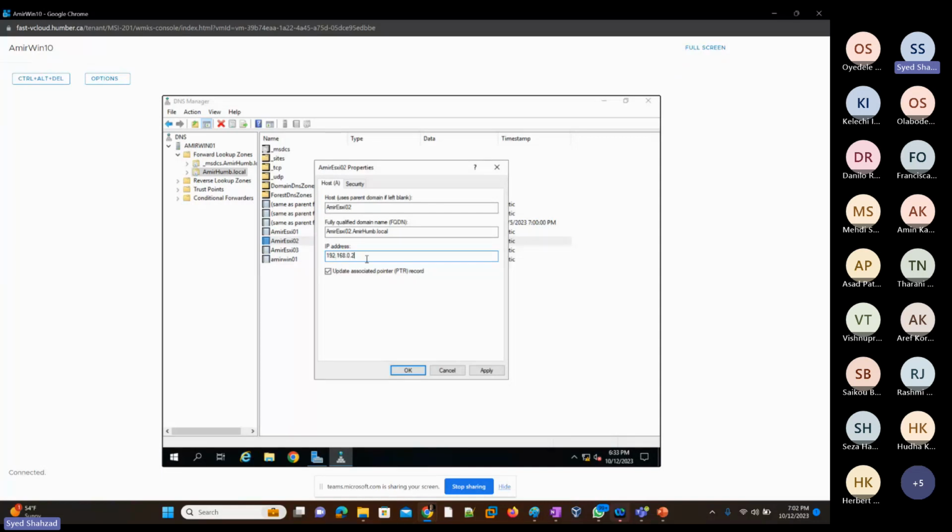And 192.168.0, that's why it was giving an error, because I missed a number. So I'm going to press apply and OK. Apply. OK. Now I really need to check